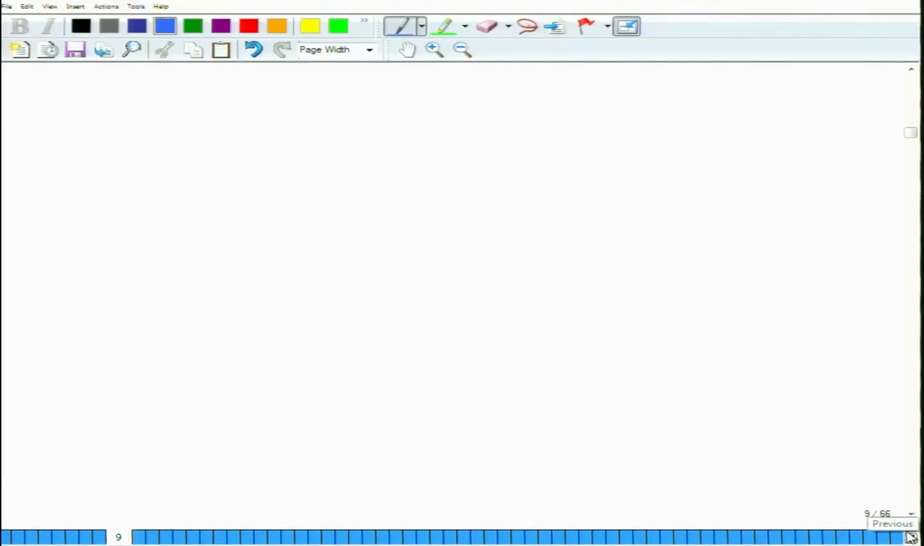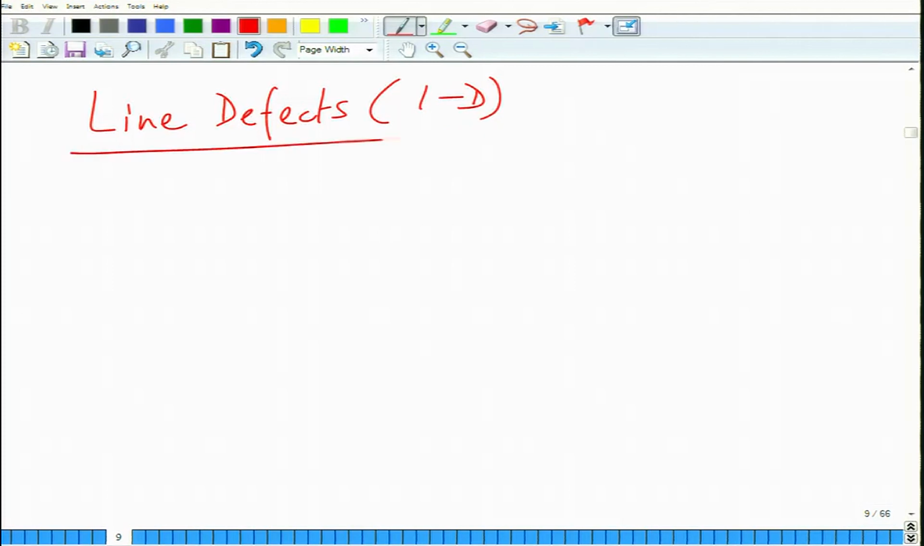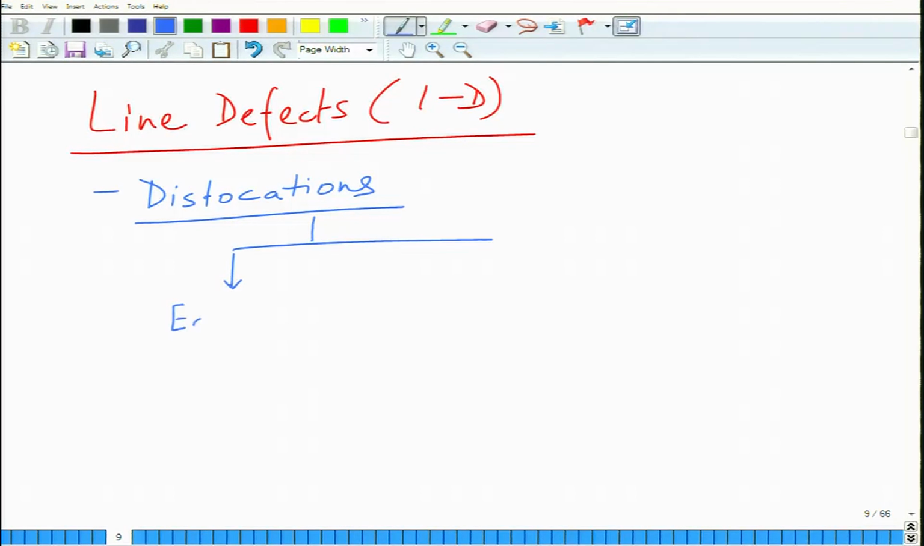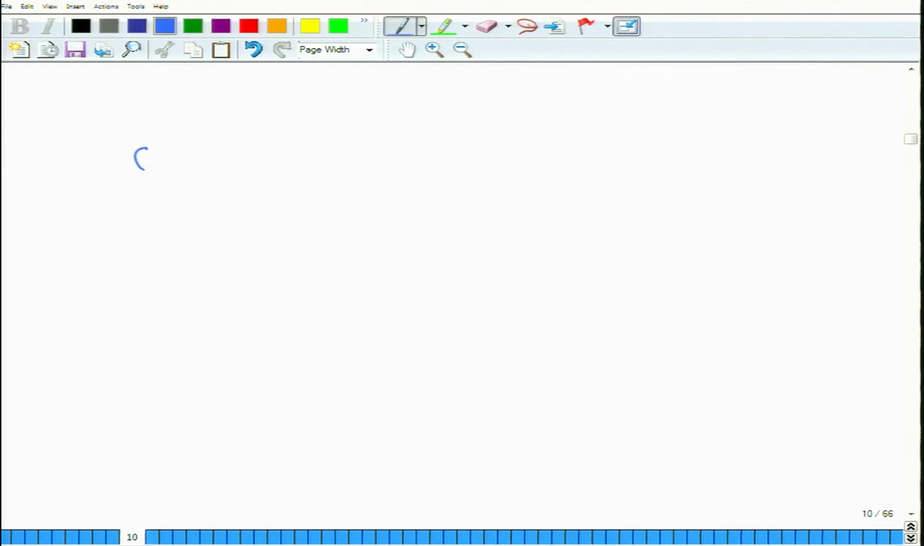So now let us discuss the second category of defects, which is called line defects, or 1D defects. Now in the language of material scientists, these are called dislocations, okay. There are two kinds of dislocations that we find in materials primarily. First is called edge dislocation, second is called screw dislocation. Edge dislocation essentially is an extra row of atoms in the